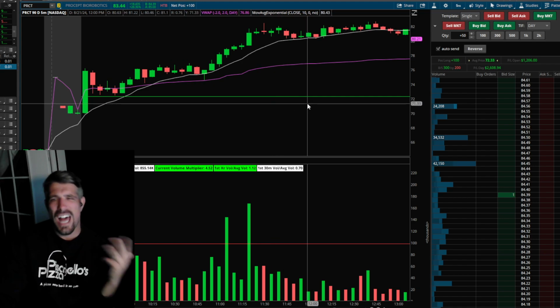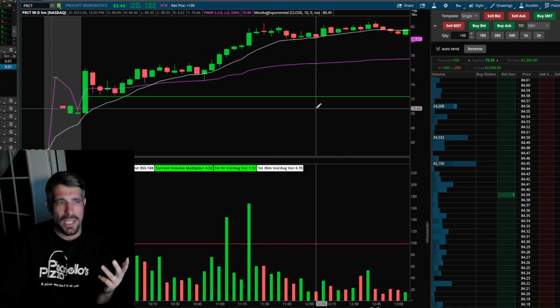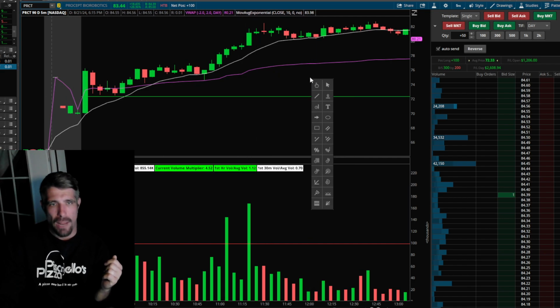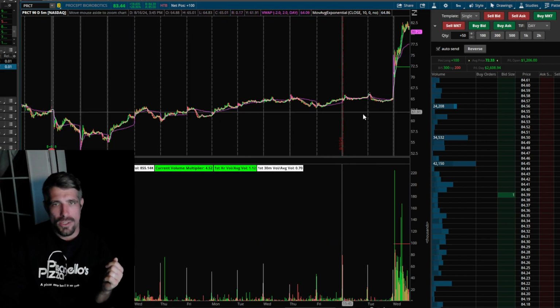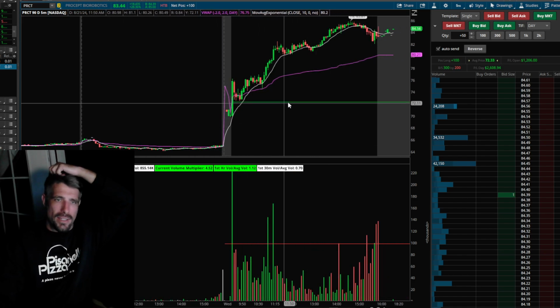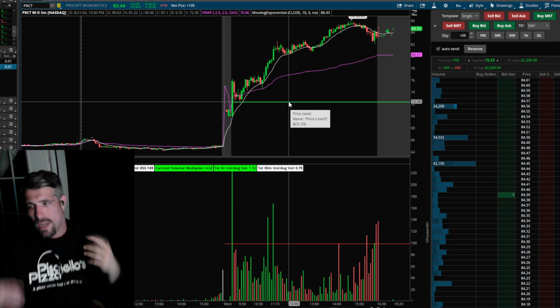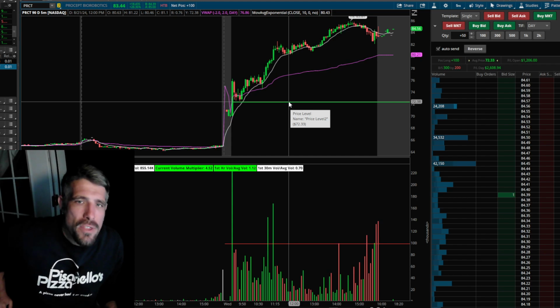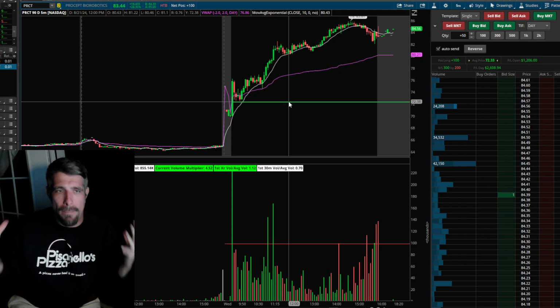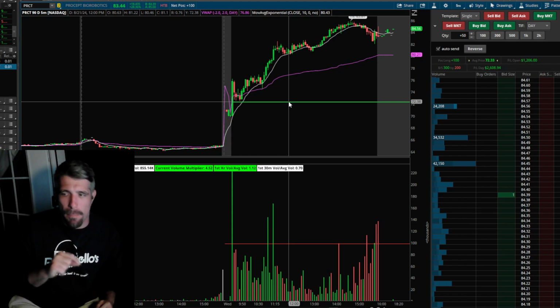What's logical? And then eventually you're taking ADR percentages over the average daily range, which in this case is 5.8%. So you have to take all that into account when you're playing these retests. But usually when I'm thinking of a retest on volume, the volume doesn't matter on the retest. The volume is what mattered to make you want to be a part of this stock.